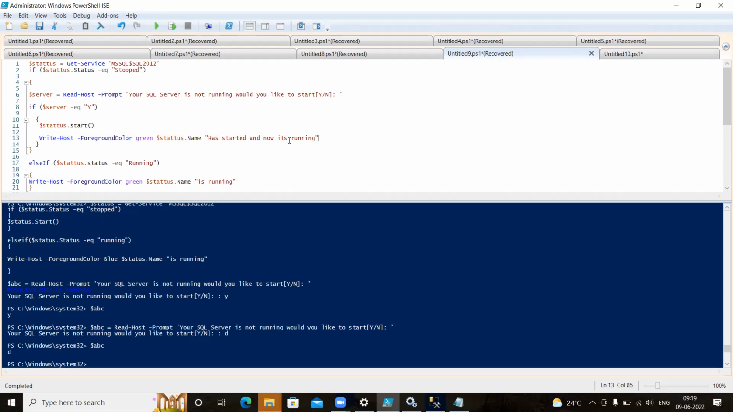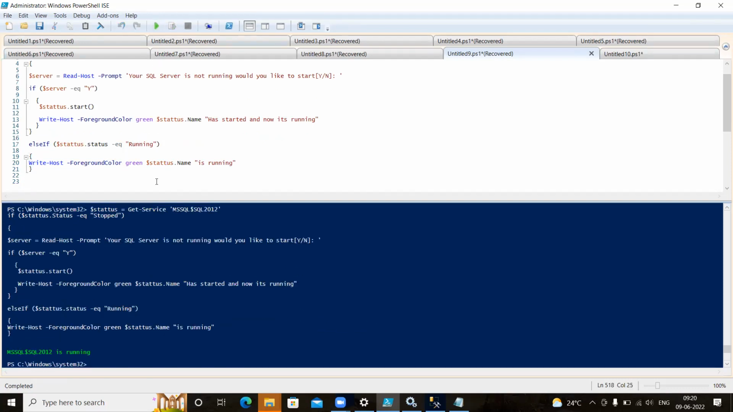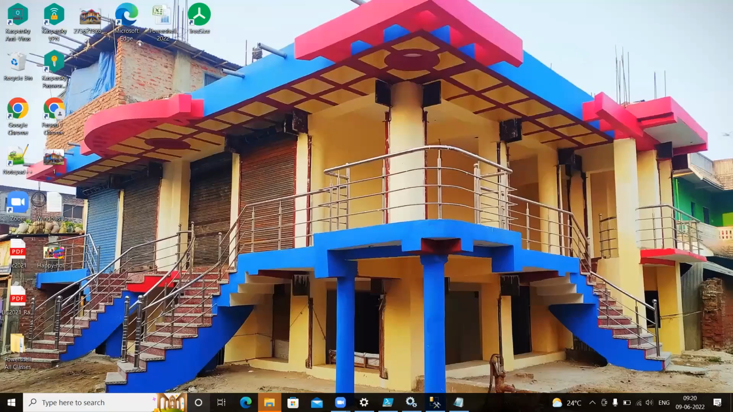If it is started, then display this one. Okay. And if it is not equal to stop, directly go to else if and check if status is running directly, right? In green, it is running. In this way, if you have any doubt about the brackets, at that time what you can do is